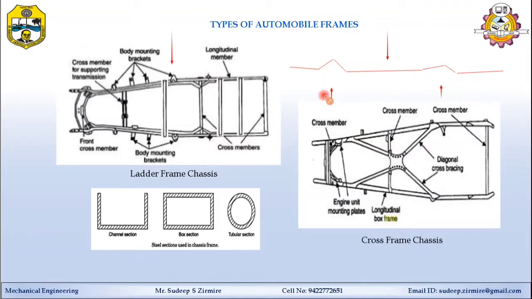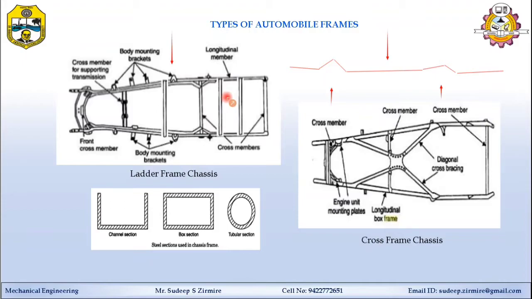The third load is inertial load due to sudden application of the brakes. Due to sudden application of the brake, this force comes third. Then engine torque and braking torque. So these are the forces that create the vibration and unbalanced forces inside this frame. So the frame should be rigid and have a suitable assembly arrangement to sustain all these forces.